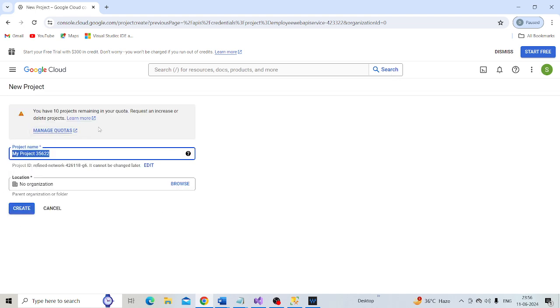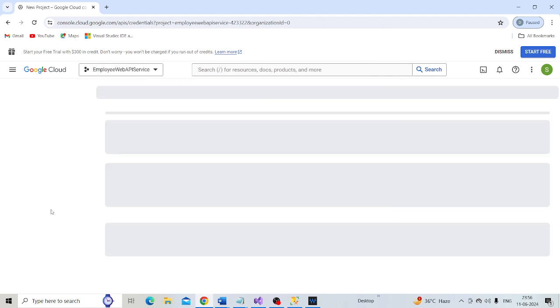Here you should specify the name of the application. I am going to name our project Employee Web API Service, so you should specify Employee Web API Service here and leave the organization as it is. Because I have already created the application, I am clicking this cancel button.